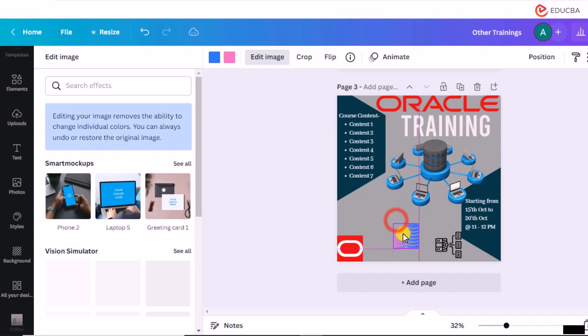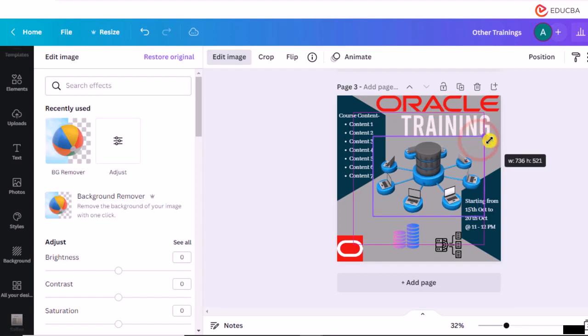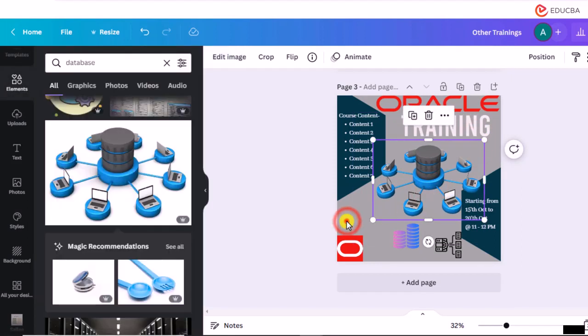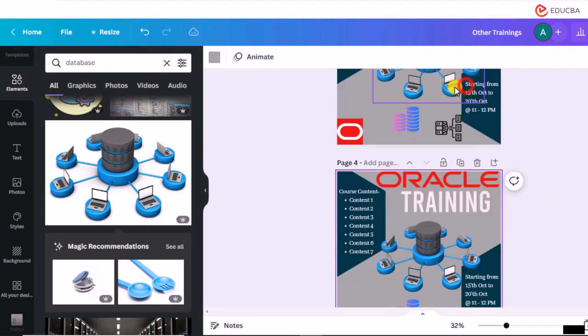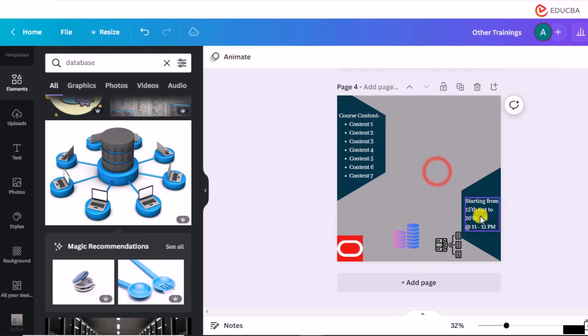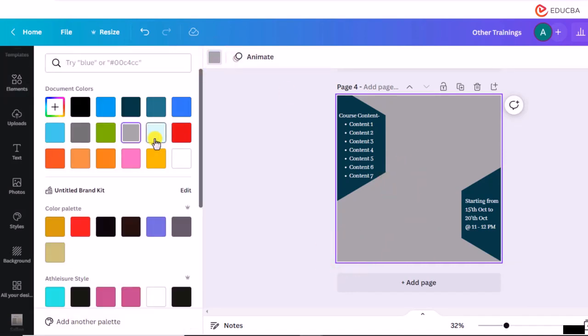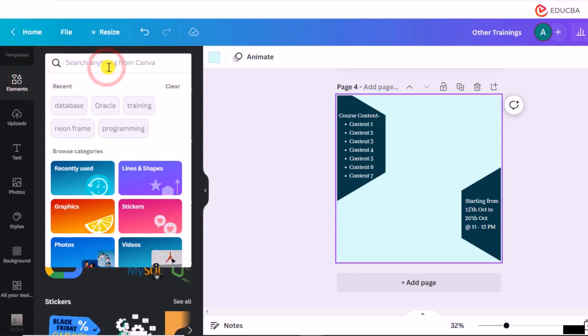So I'm placing it like this over here in the middle. I'm just seeing that the text is not affected and it is visible properly. That's it, right? Fine with it. So that is how we have created for Oracle training. Now let's duplicate this, and I will remove the rest all, and I'll also change the color a bit. Let's make this a lighter color, and I will search now for